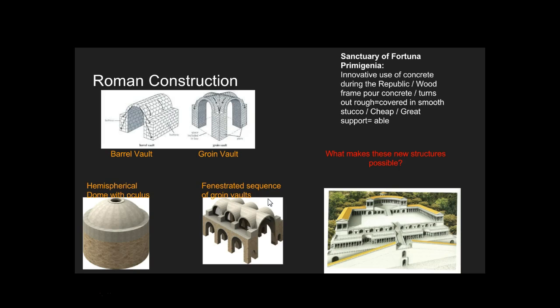You do need to know these 4 things. You need to know these 4 architectural structures. This was an innovative material. Concrete was completely innovative. Before this, they had wood, which was a very destructive material. But what they would do is create wood frames and then pour the concrete into them. Once it turns rough, they would cover it in stucco or polish it down. But they would typically cover it with something.